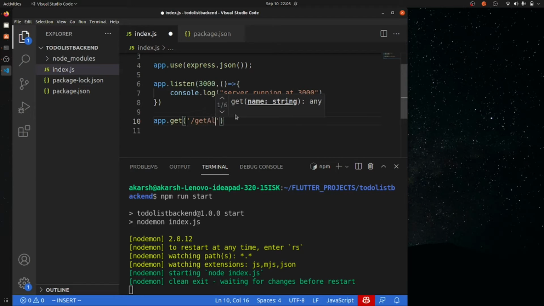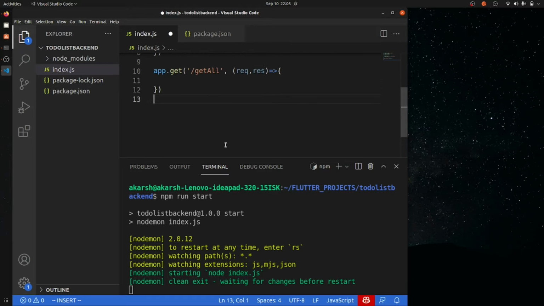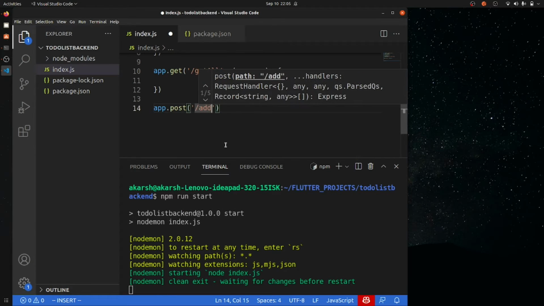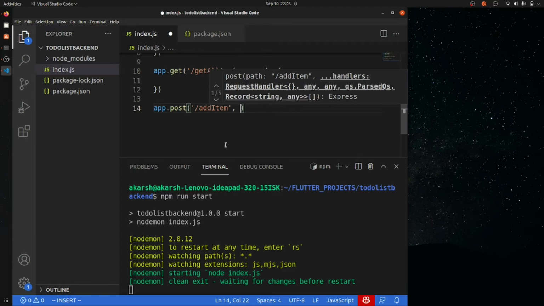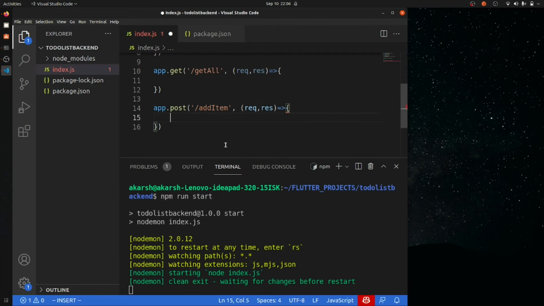slash get all, request comma response. This will get all elements. Then app.post, add item, request comma response. Okay,